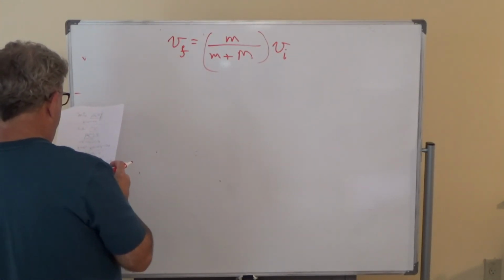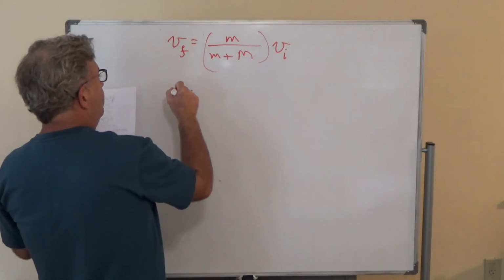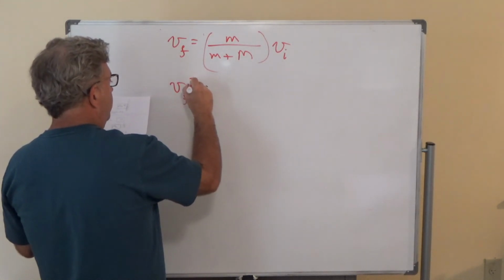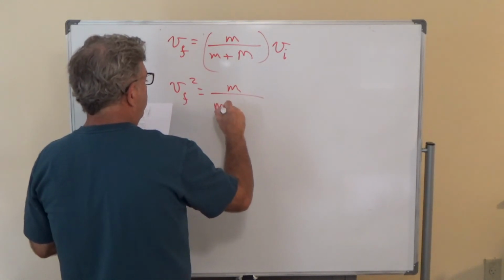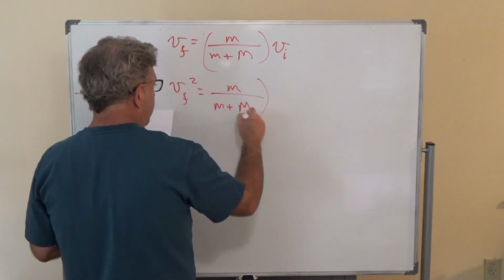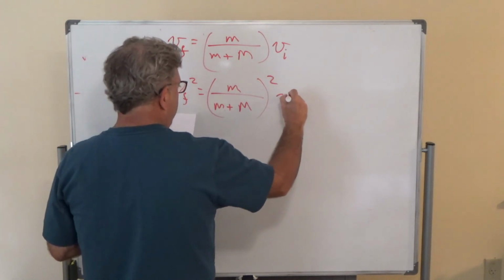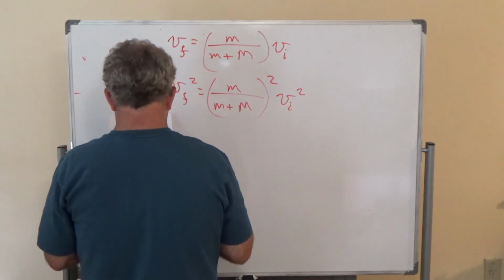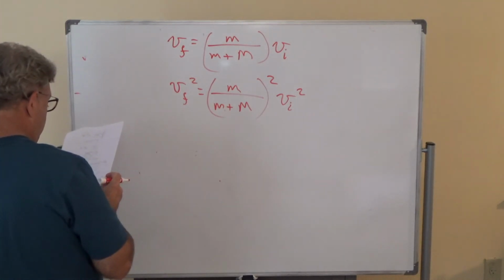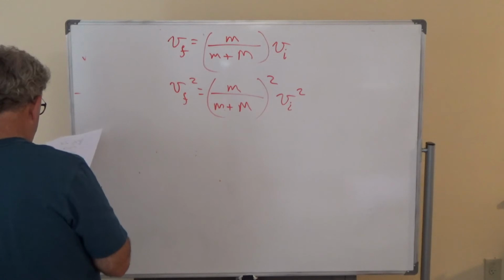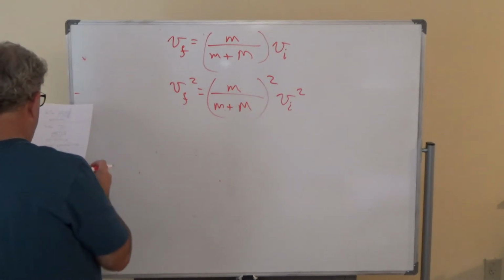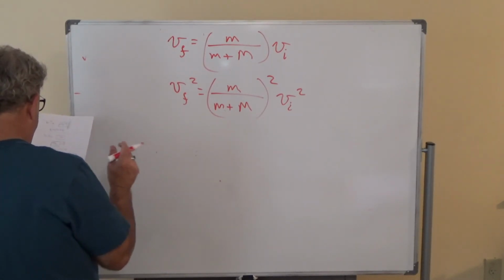So V final squared is equal to little m over little m plus big M, squared, times V initial squared. Okay. Now you can make some substitutions, substitute that into that previous equation that you had, F D2,